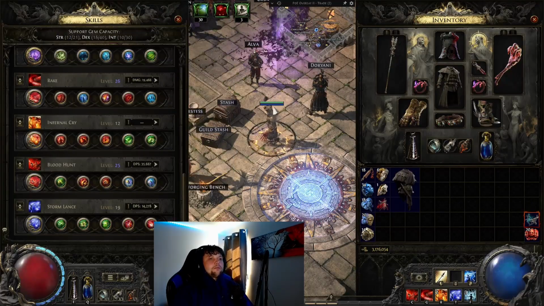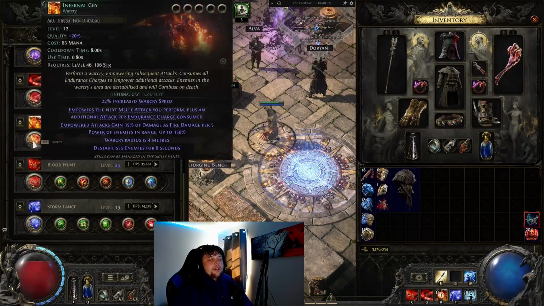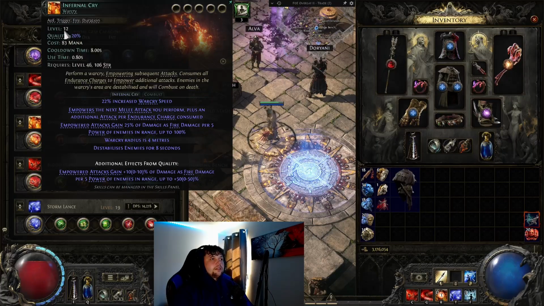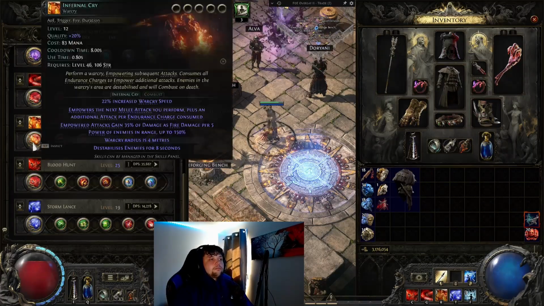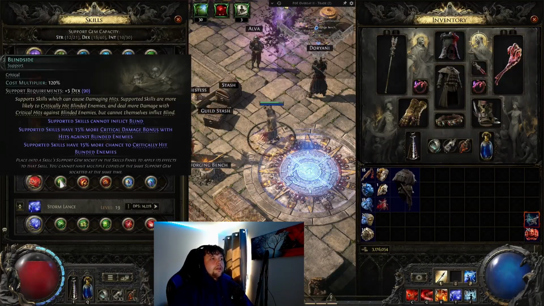And that is important because when we're going to do bossing, we just want to be able to click and just do 2 Warcries back to back. And so that's the reason why we're stacking strength, because you need a pretty high amount of strength to get a high level Warcry. So that's why. We have Blood Hunt, and on our Blood Hunt, we're using Blindside,